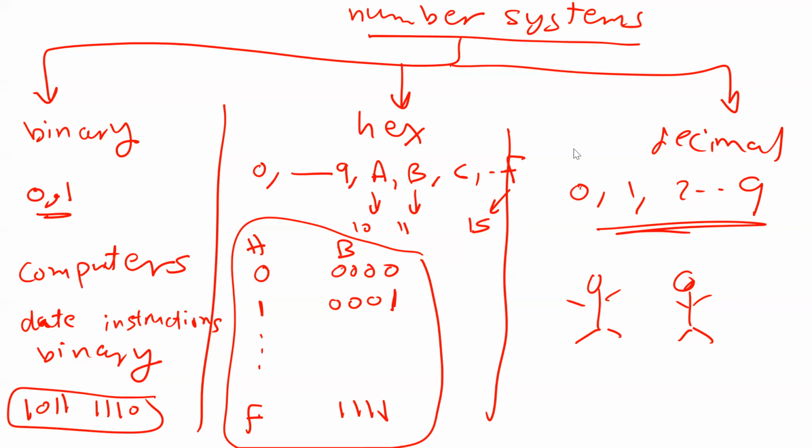Decimal is only for humans. It's like two different persons speaking different languages. I'm speaking English, you are speaking, for example, Chinese or French. When I talk to you, we need a translator, an interpreter, in the middle between us. Same thing here. If I want to send a number to the computer, I have to send it in decimal, but computers don't understand decimal. That is why I have to write a program to convert your decimal number to binary so that computers can process the binary numbers.